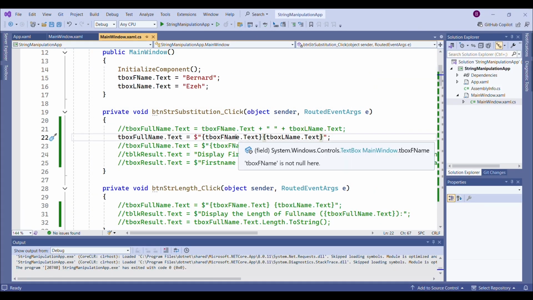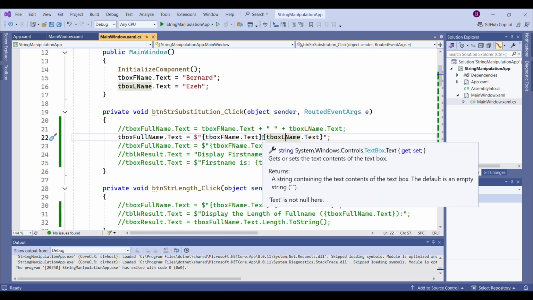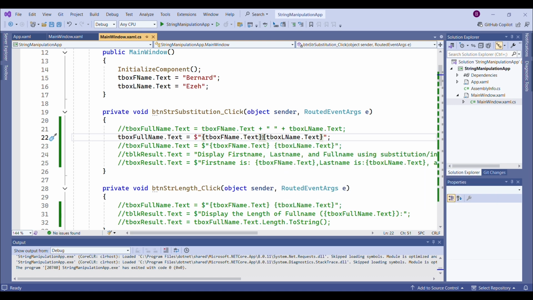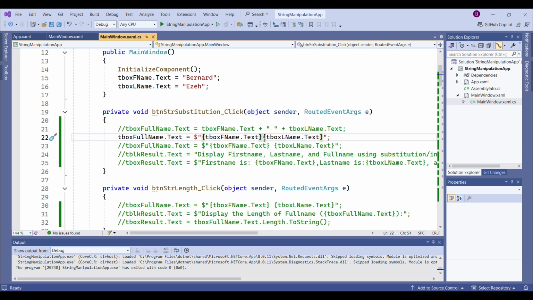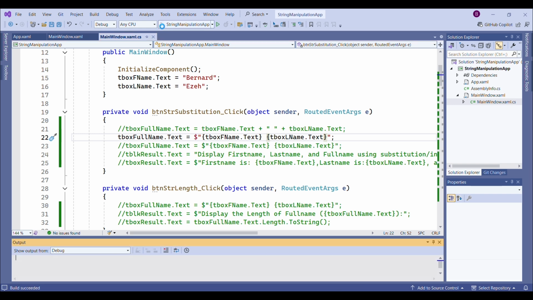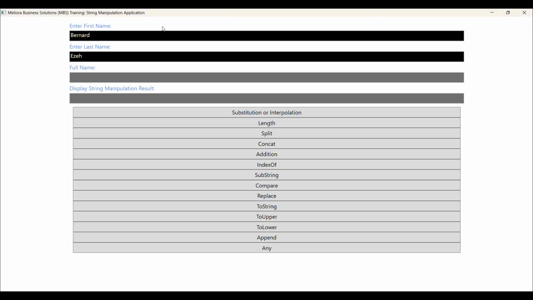So it says substitution approach, it is pretty much easy, as if you're speaking, you're just writing in your natural form. So you just come after the substitution for first name, you just put a space in between, and that's all. You don't need to do anything highly technical. So you do this, and then when you click this, you actually see that there is already a space, Bernard Eze, with a space in between. So if you go back,